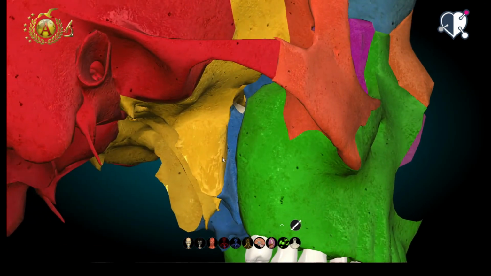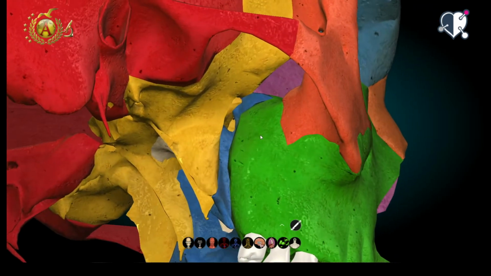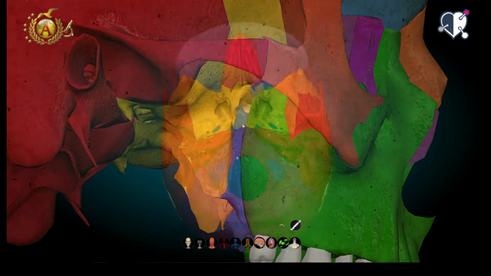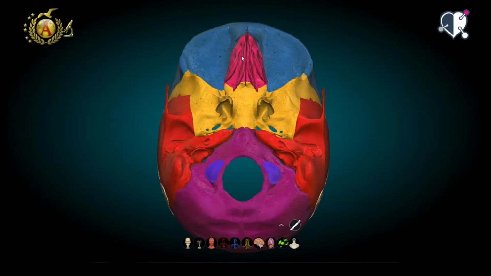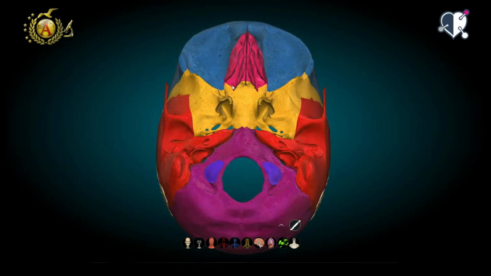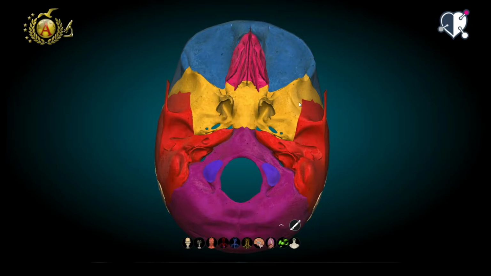It is exactly through this fossa that the maxillary nerve, which will then be distributed throughout this area, exits. But let's now look at the lower face of the skull. What we should have seen was the palate, formed by the maxillary bones and the palatine bones, with a cruciform suture. Between these two pairs of bones, there is the middle region, formed by the sphenoid and the temporal